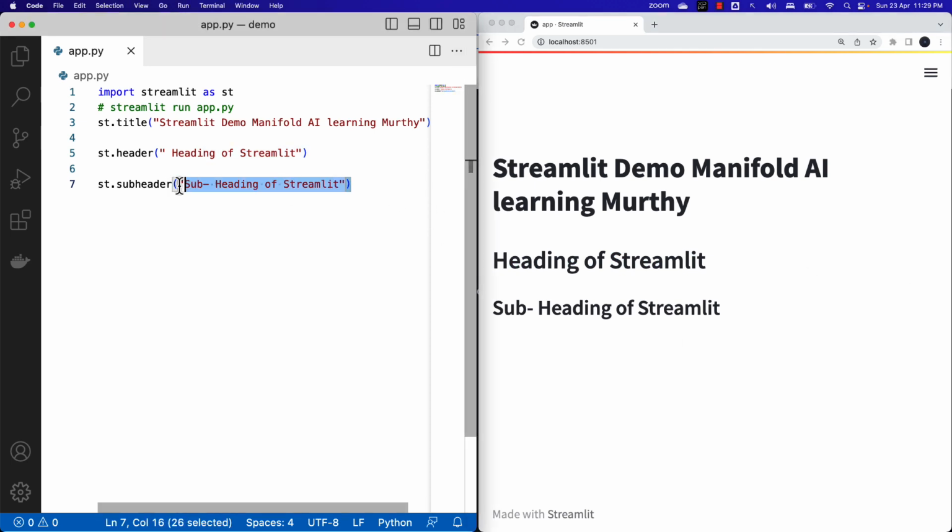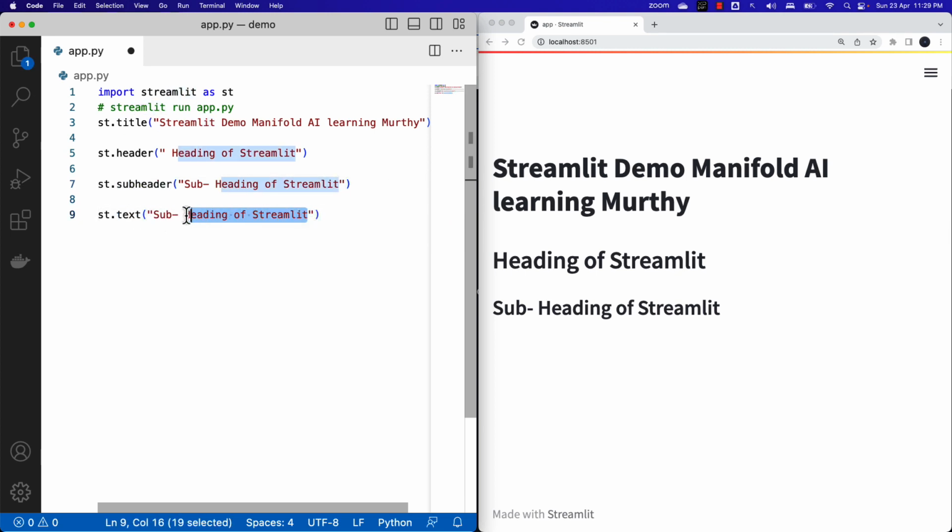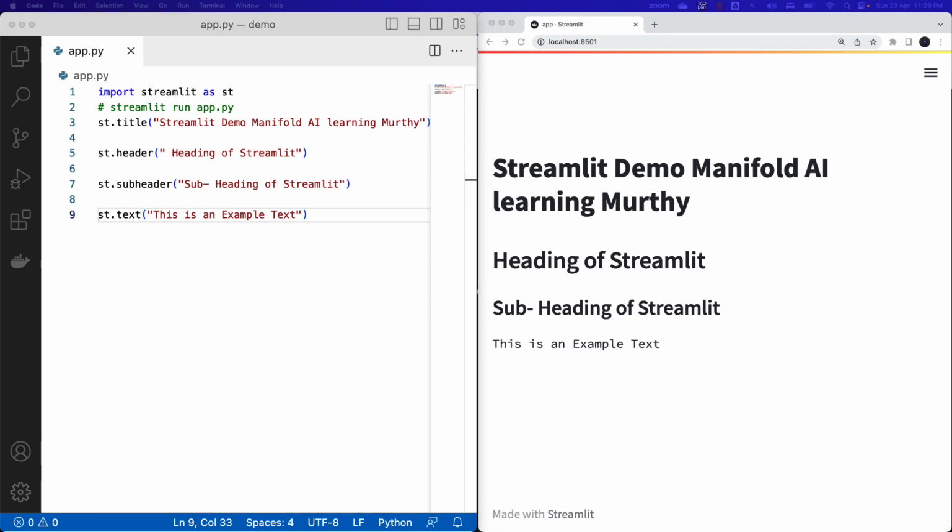And we can also add the text as well. In order to add the text, just make use of the text method and mention the text. Okay, this is an example text. So you can add a text as well in your Streamlit application. It's easy, isn't it? And if you want to add any success kind of messages,